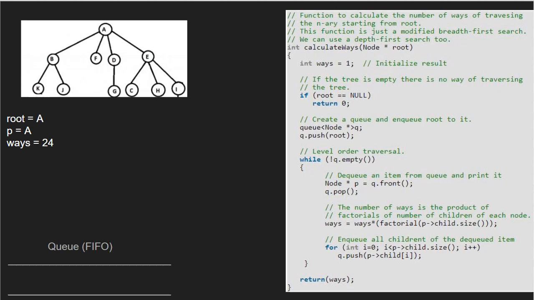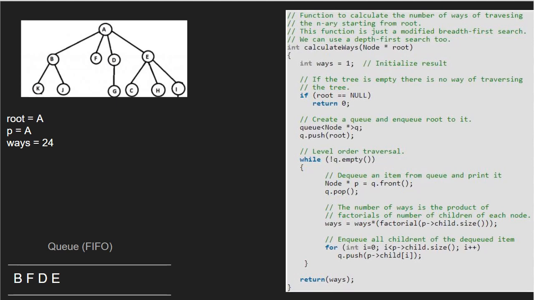Next, we enqueue all children of the dequeued item. So, all children of node A, which are B, F, D and E, will be enqueued one by one. As the queue is not empty, we continue with the while loop.